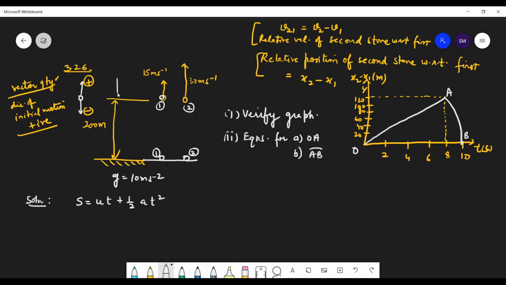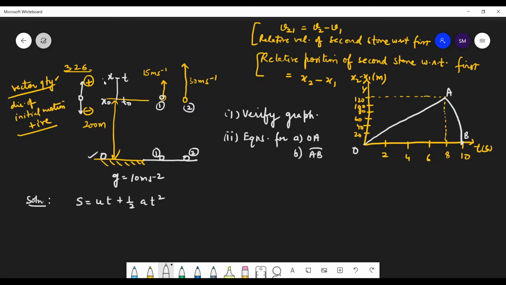So this is something like this: origin, this is x naught, and this is your position x at time t. This is at time t naught, and this is the origin. So what's the advantage of taking this origin? We'll also come to know about it. If we take this origin as O, then what's this formula?